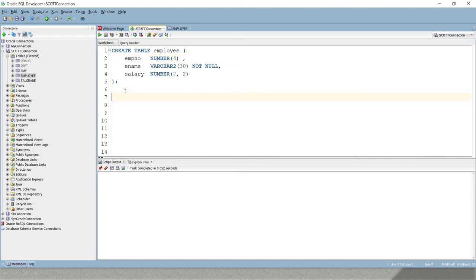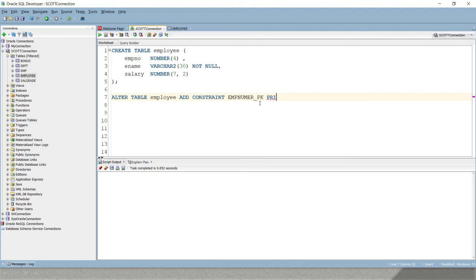So now we can write ALTER TABLE and the table name, that's nothing but EMPLOYEE, and along with ALTER you can use ADD, and here you can do CONSTRAINT, then you can give the constraint name. So I would say emp_number_pk. This time I'm giving a different name. This is the constraint name, and you have to give what kind of constraint. That means I'm going to define the primary key constraint, right?